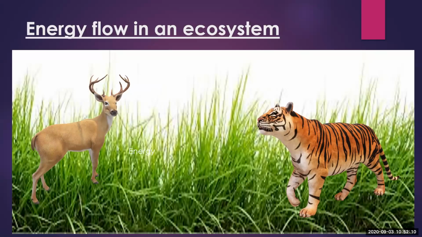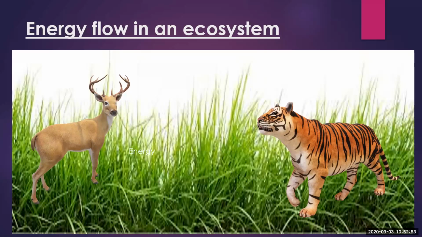Now we come to the energy flow in ecosystem. Now there is a continuous energy flow between the living organisms. Like if a grasshopper is eating the grass, means the grasshopper feeds on the grass, and again the grasshopper is eaten by the frog. So the frog feeds on the grasshopper. So there is a chain. There is a food chain. So continuously the energy flows in an ecosystem, and organisms are the integral part of this ecosystem, and they feed and refeed on each other.